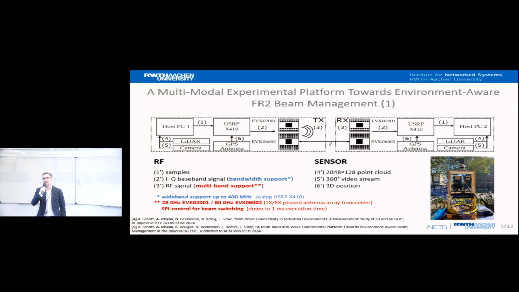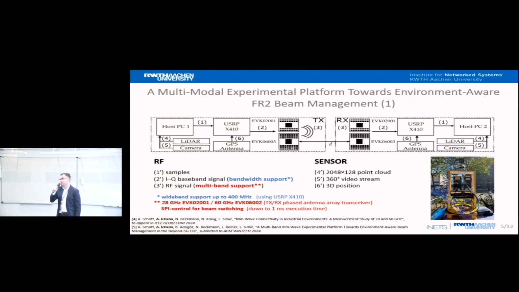The other cool thing that we are now able to use with the new X410 is the improved GPIO capability. And here I want to add to what Professor Raymond showcased previously: we are integrating a third RF front end that has not been talked about, but I think many of you already have it in the lab, and those are the phased antenna arrays from the Swedish company Sivers Semiconductors.